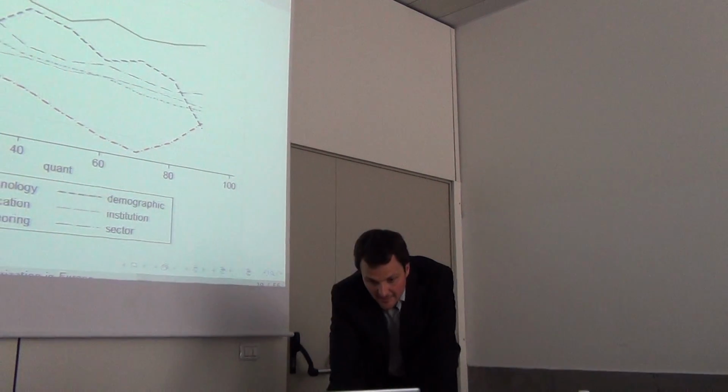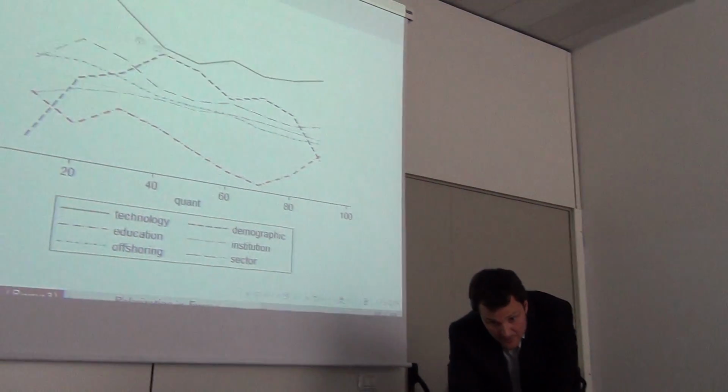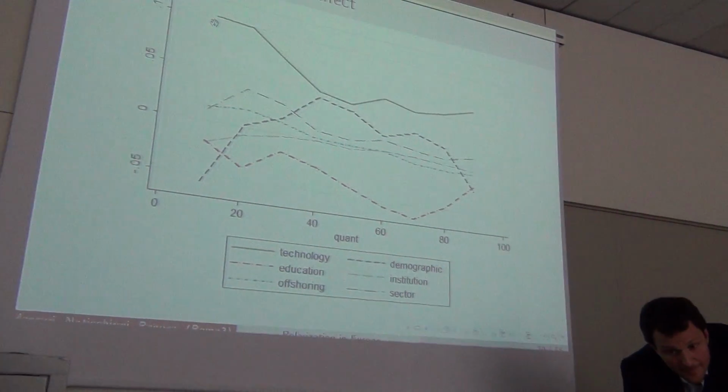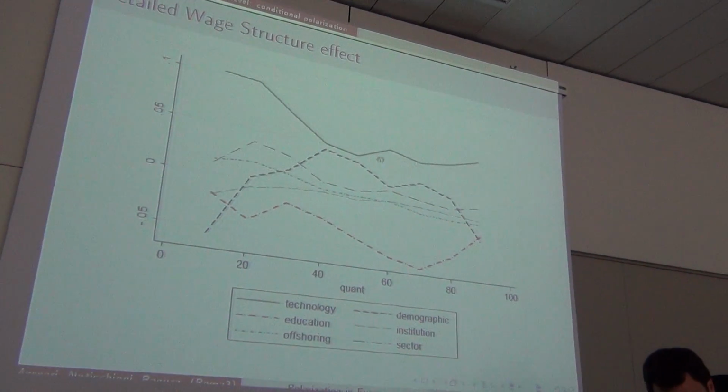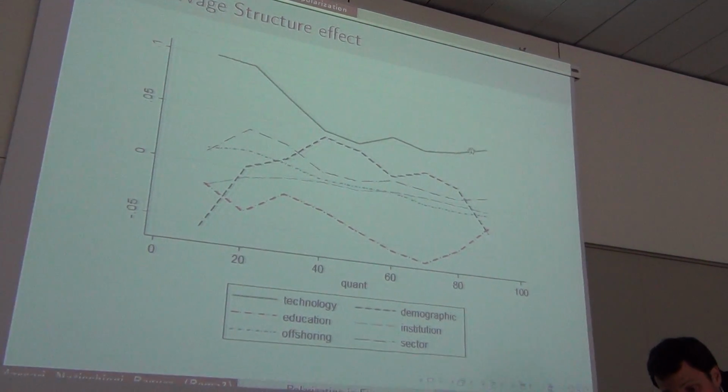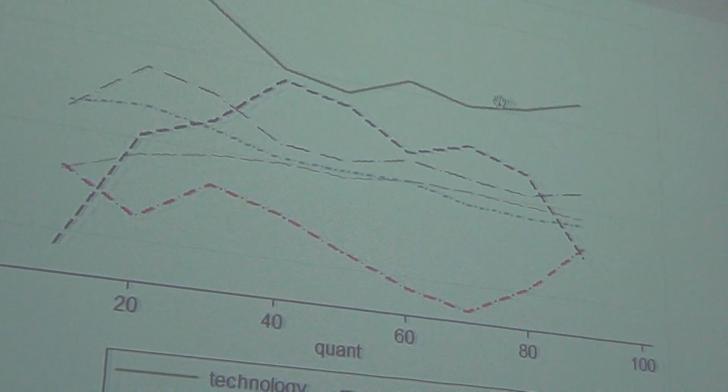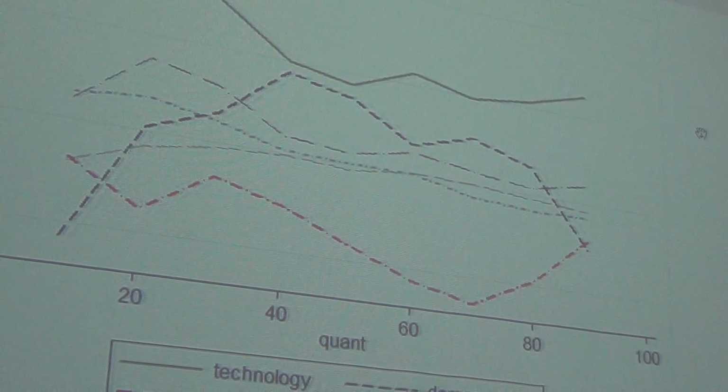And you can see that the parameter of technology favors the most the unskilled labor, and while here there is a slightly increasing trend, but very mild. So you have most of the impact in the lower part.